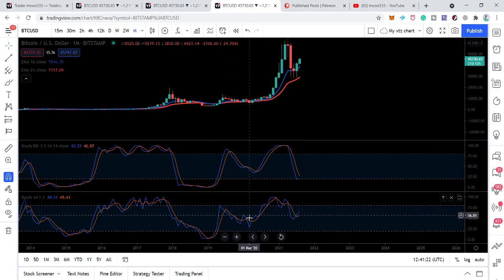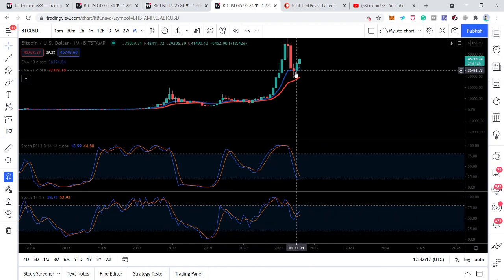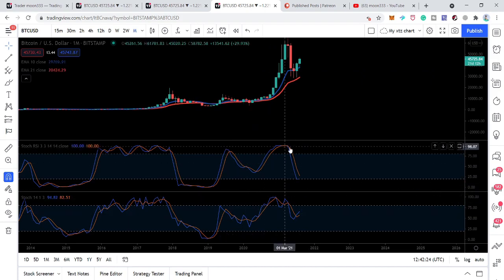Like the stochastic formed a higher low here after this low, and when the price action formed another higher low, the stochastic also formed another higher low. It failed to form the lower low. However, the stochastic RSI is giving us this lower than the previous low. So that is the hidden bullish divergence on the monthly time frame, and this is a very long-term time frame chart, and we can expect that soon it will also be reflected on the stochastic as well. And for the long term, this is a real mega bullish signal.